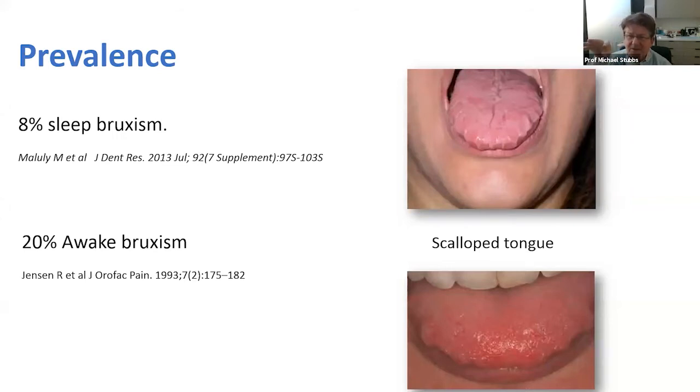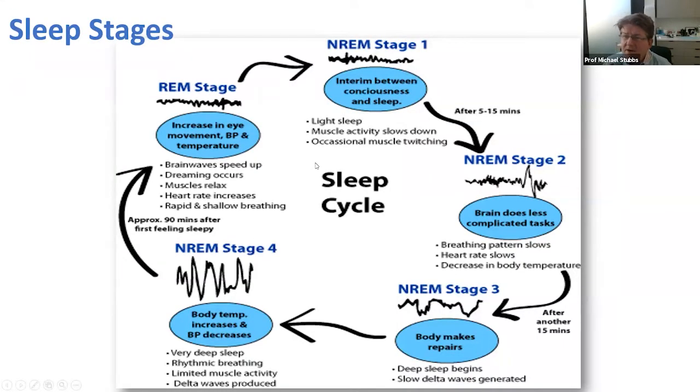It means the tongue is being thrust amongst or along the, usually, the mandibular dentition. But also we understand that when we go to sleep at night, it's not a matter of just closing the eyes and then waking up in the morning. It's called the circadian rhythm. And we go through what we call sleep cycles, which means, as you can see in the diagram,